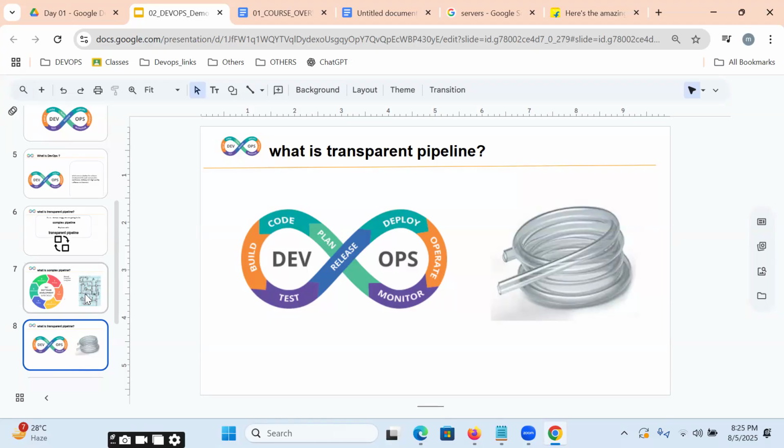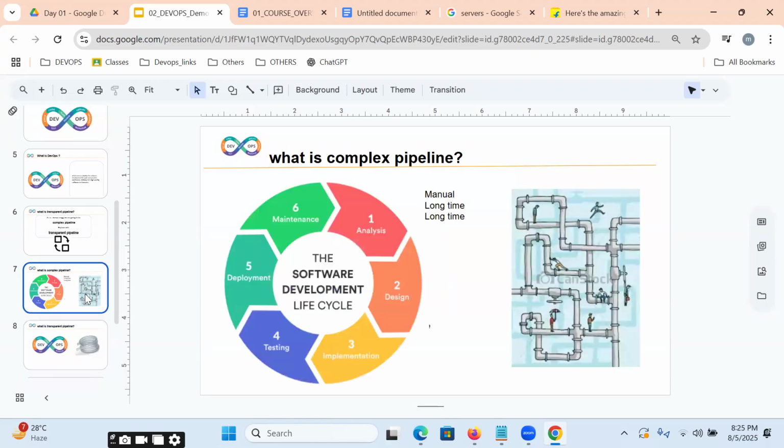Sir, why do we call SDLC a complex pipeline? Because it is a manual process: from analysis to design, design to implementation, implementation to testing, testing to deploy, deployment to maintenance.